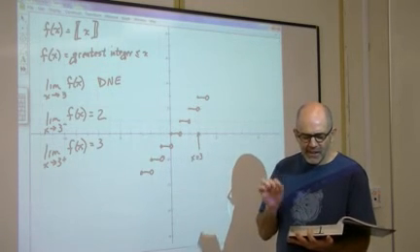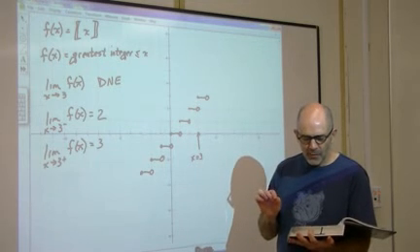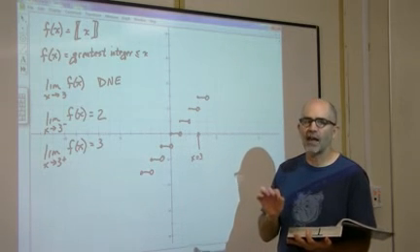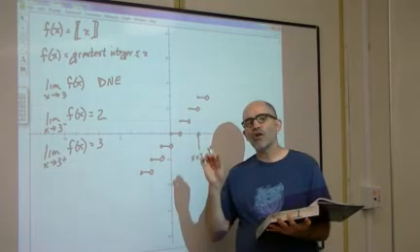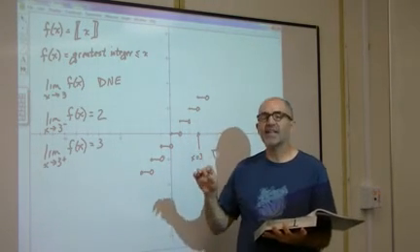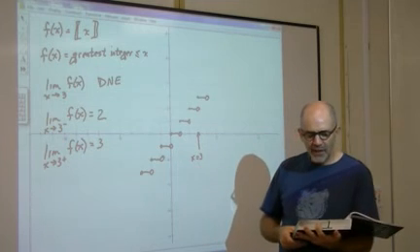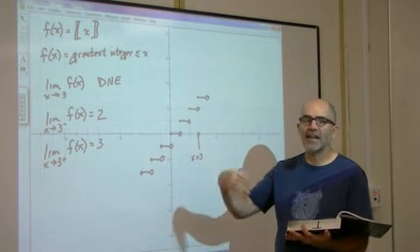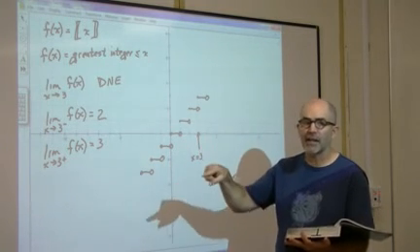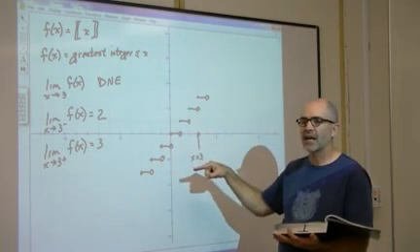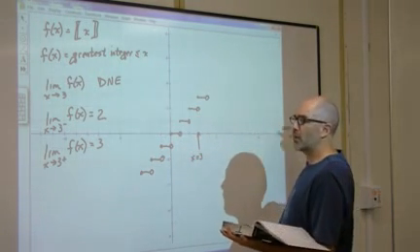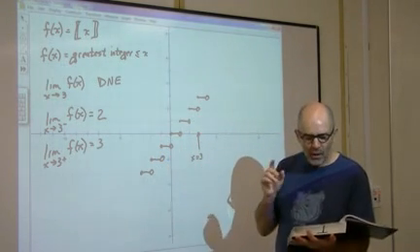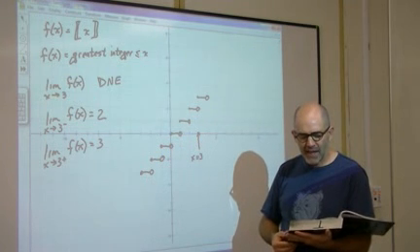Now, notice sine of 1 over x. Well, that's sine of 1 over an infinitesimally small value. Well, what's that? 1 over an infinitesimally small value is an infinitely large value. So what that's saying is, what is the sine of some value as that value gets bigger and bigger? Well, it's undefined because the sine curve goes up to 1, down to -1, up to 1, down to -1, and if I keep going forever, it's never going to approach anything. Now, if I look at this function,